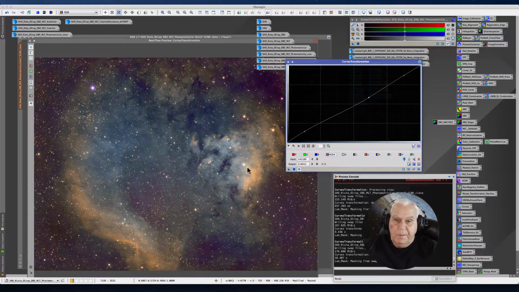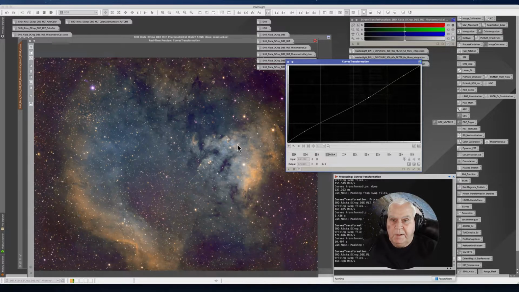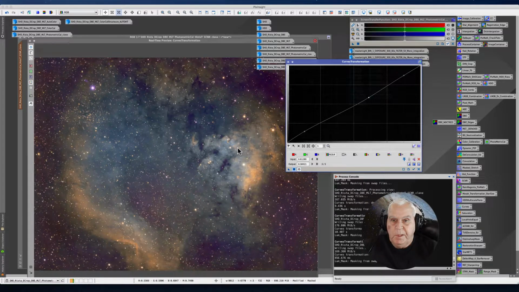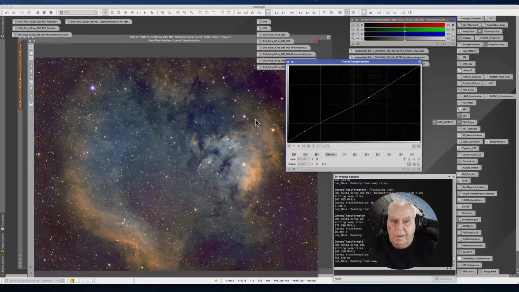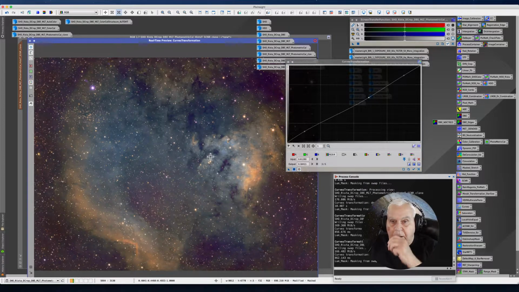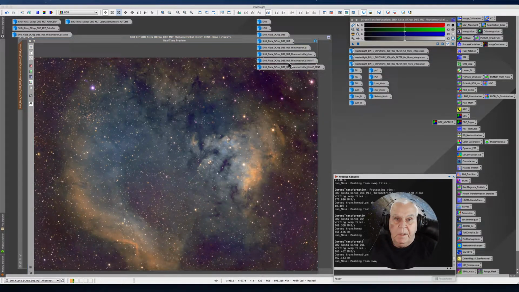because I feel like I raised the luminosity of this too much. I may do this 2 times. You really slow down your computer when you're working with drizzled data. Okay, let's do it one more time. Alrighty, now let's close down curves and